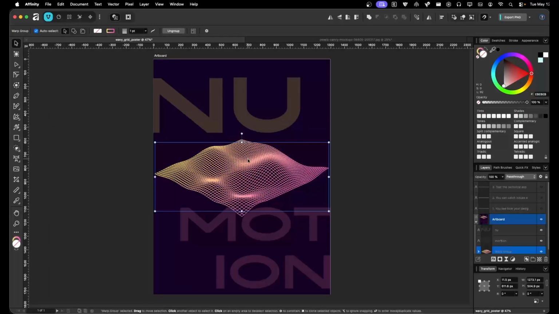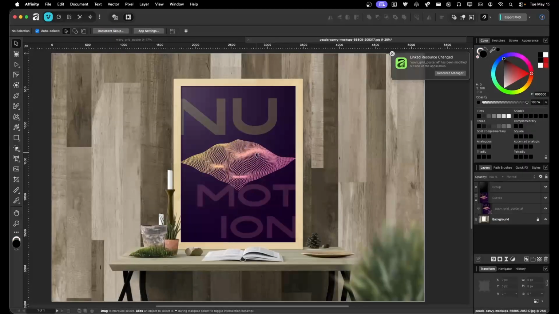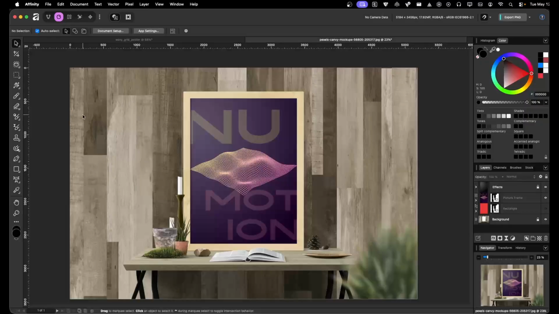So I didn't like the change. Let me put it back and save it. It lets you know that it changed. And when we come back, the mockup has changed too. Super useful. Now, in order to make this reusable and easy to find in Affinity, what we can do is